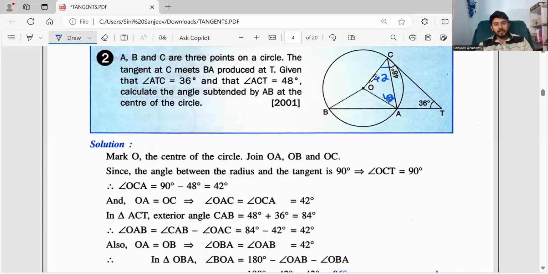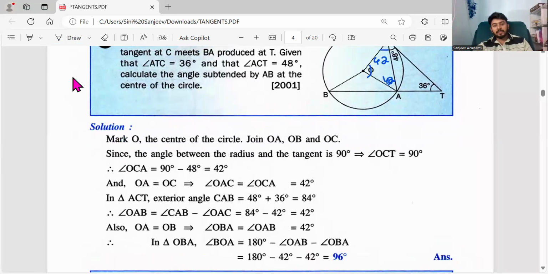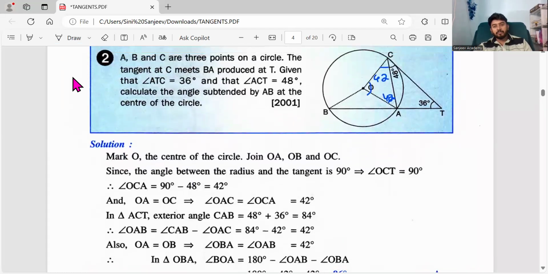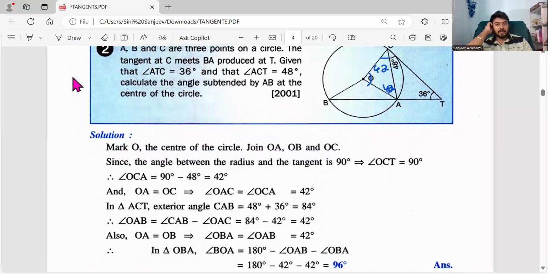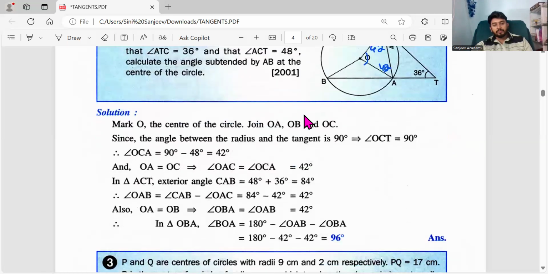So this angle also I can calculate. 180 degree minus 84. Correct? 180 minus 84 I can calculate. I'll be getting 96 degree. In the triangle AOC. So similarly,